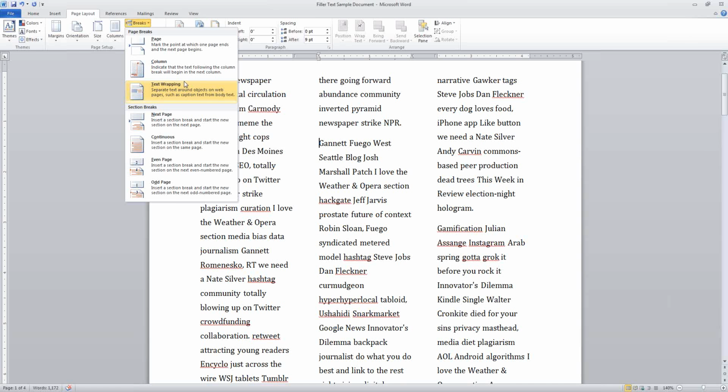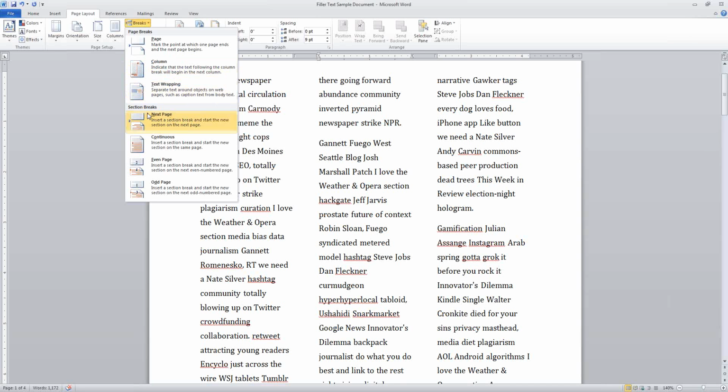But it only is applicable if this content is being directly published to a website. So we're going to treat this like just a regular Word document. So unfortunately, it's not going to do anything here. So it's going to let me run down to the next section of this menu, which, well enough, is called